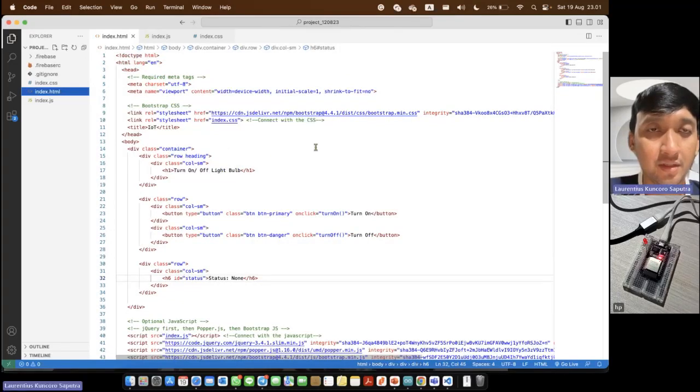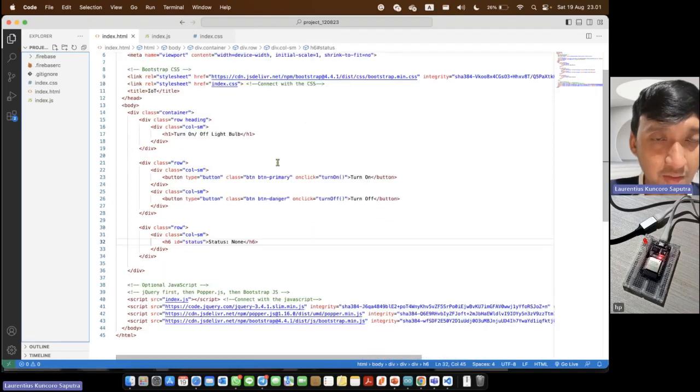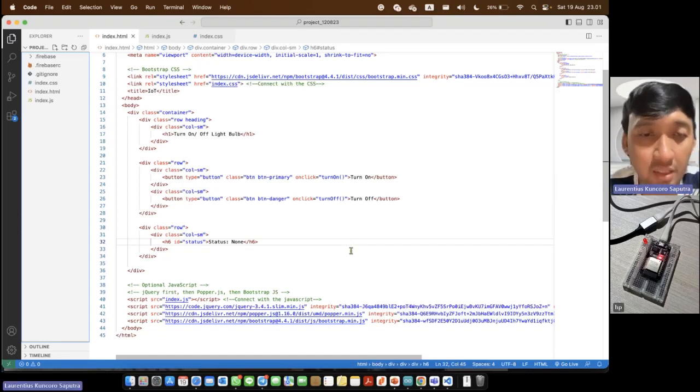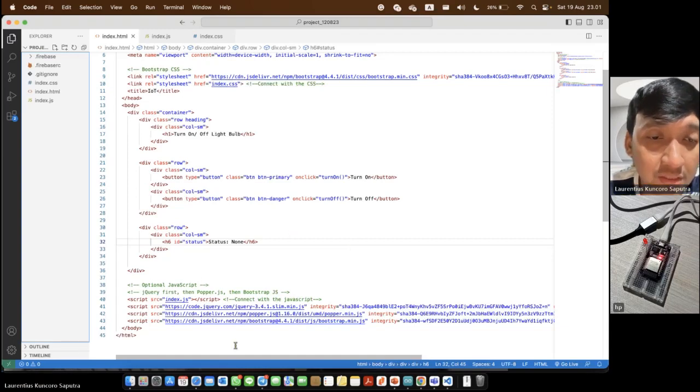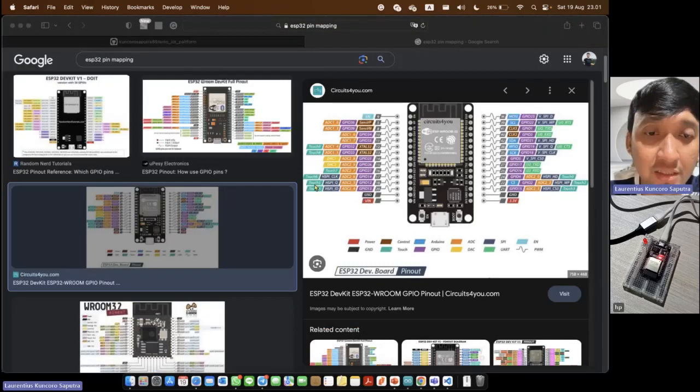But we should make a modification because we want to design the web application like this one.